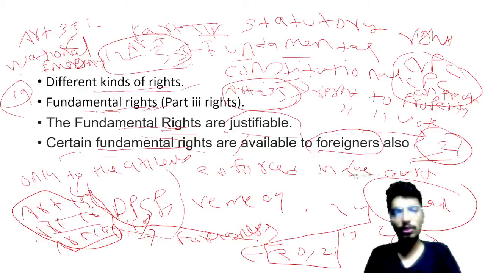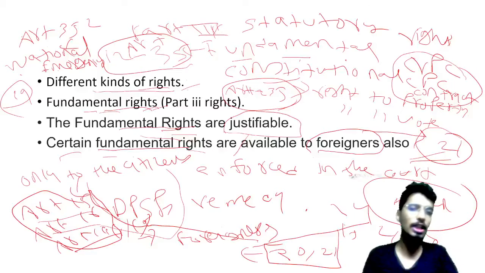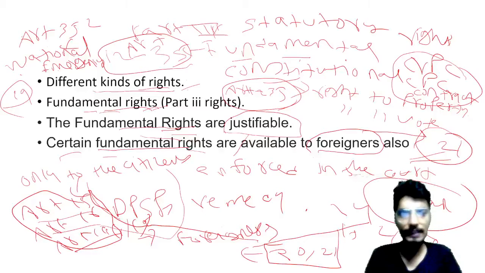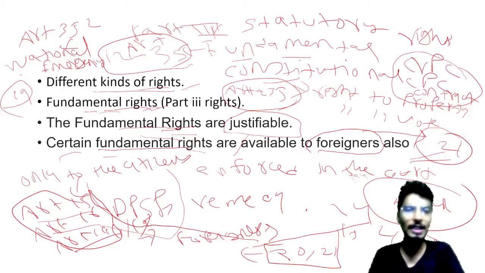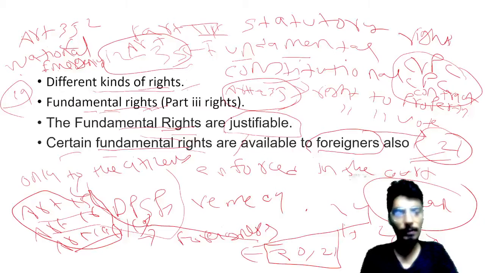Like I told you that Article 15 and 16, where Article 16 talks about the idea of employment, there should be opportunity of employment, there should be equality in the opportunity. Whenever you talk about employment, initial employment as well as after employment, whatever the issues like salary, promotion, there should be equality. So this is not available to foreigners. Similarly, Article 19(1), say freedom of speech and expression, is also not available to foreigners.